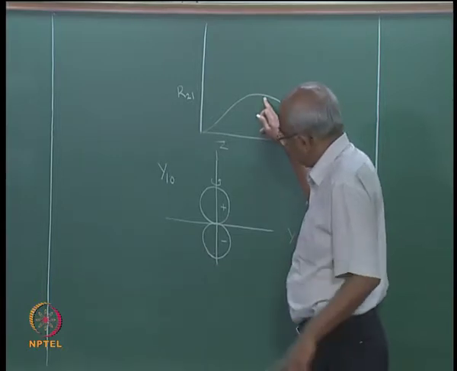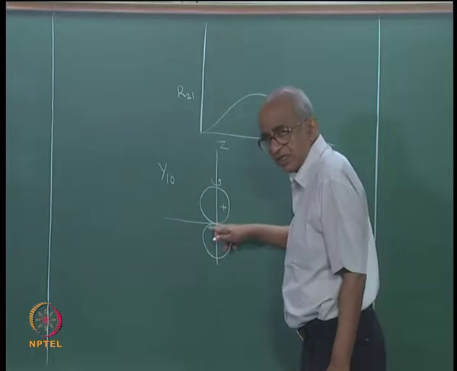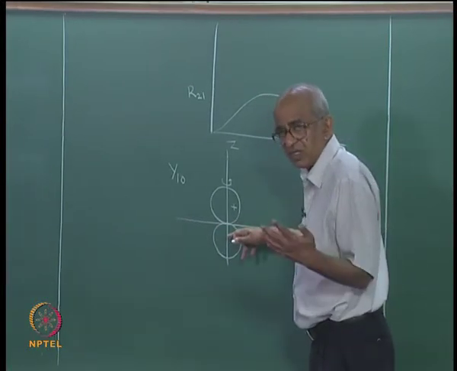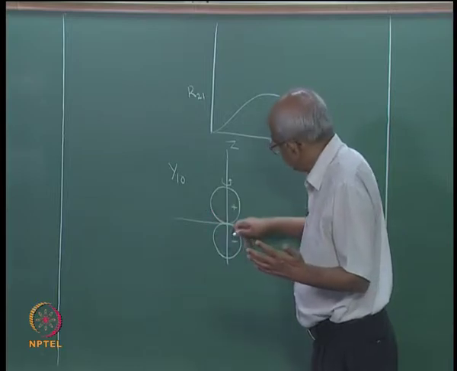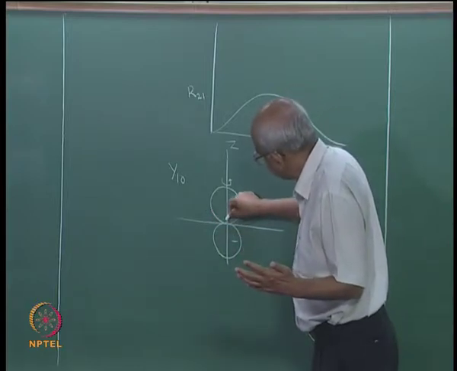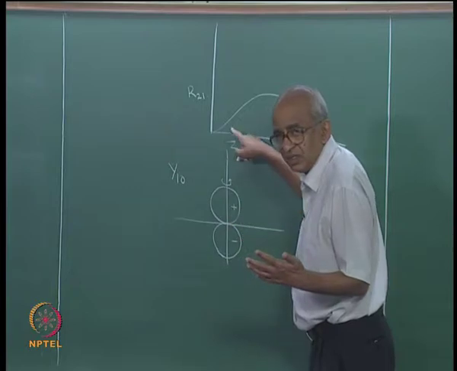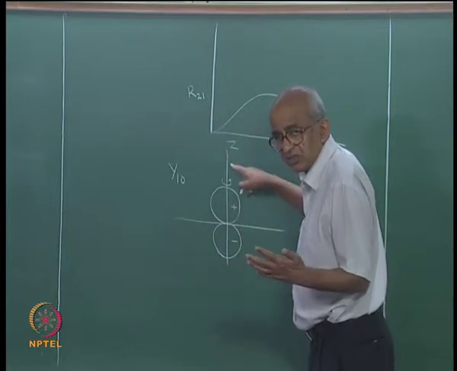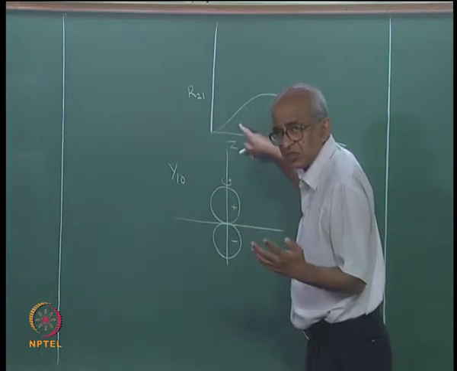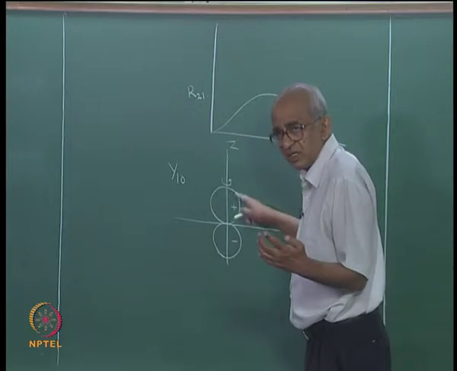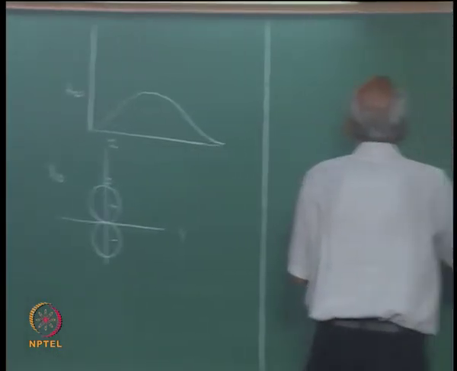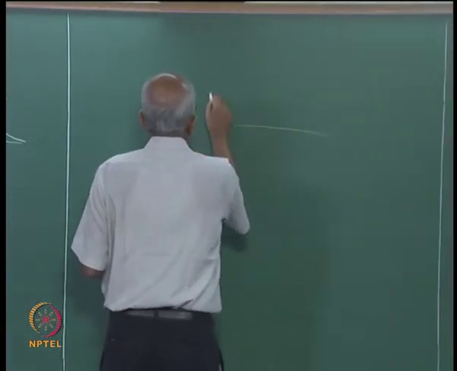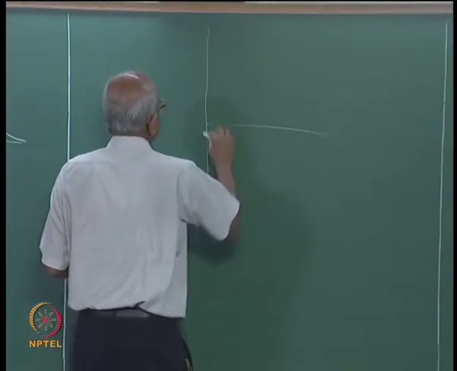But then you look at the angular part, you see, after all the wave function is a product of the radial and the angular part. So, the angular part has the largest value either in the positive z direction or in the negative z direction. So, what will happen is that you will have an appearance which I shall try to represent here.